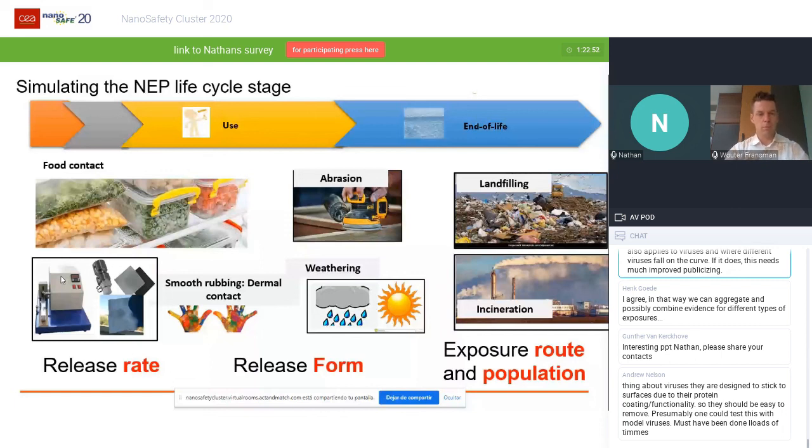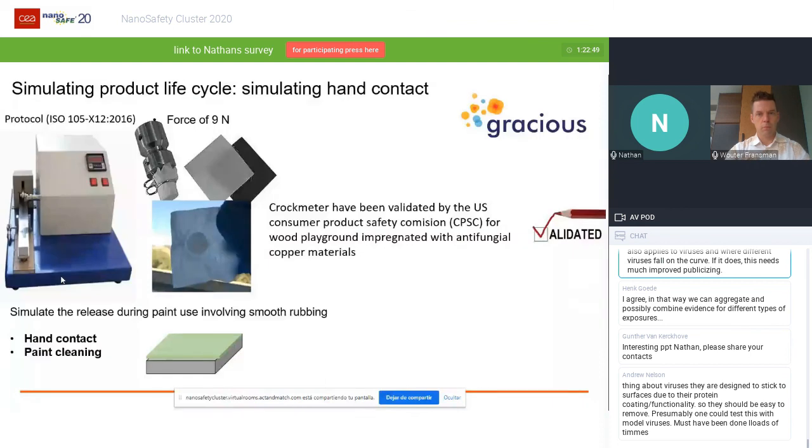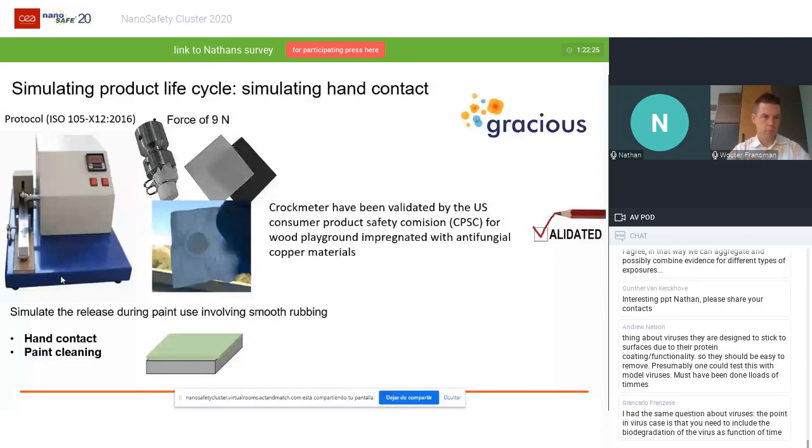And shortly, what do the experiments look like? We are simulating these processes experimentally, and we are adapting some methods that have been developed by industry in the sector, some protocols developed by producers to develop resistance. For example, to simulate hand contact, we use a crockmeter, and this has been validated by the Consumer Product Safety Commission